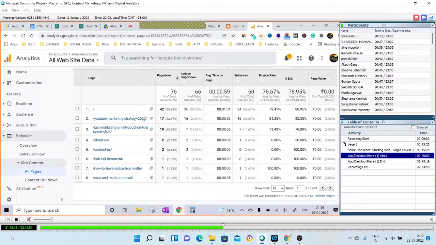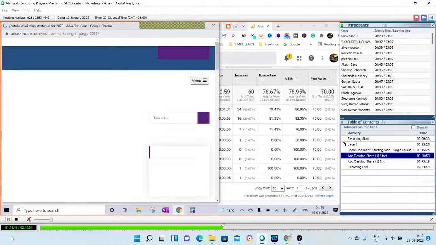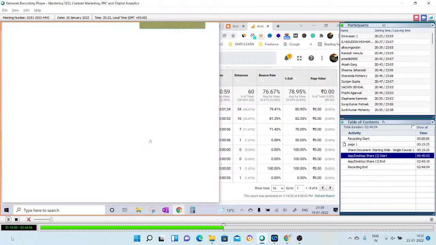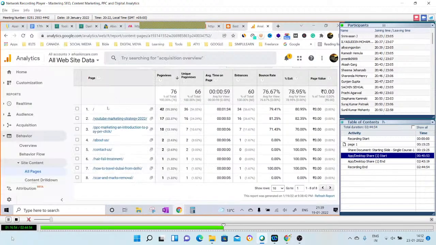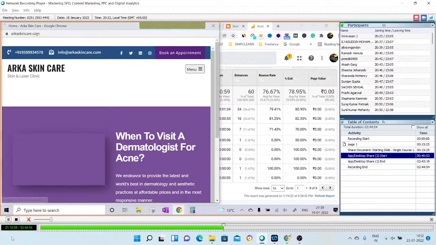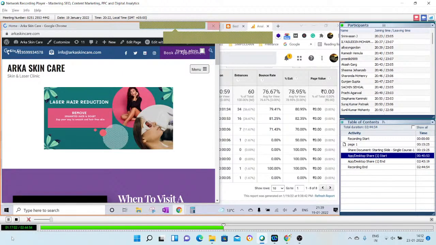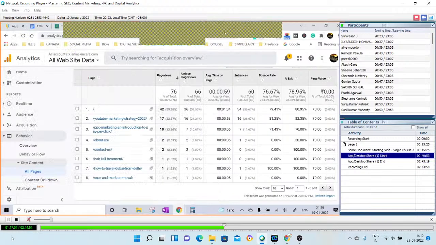If I click this now, it will take me to the YouTube marketing page. See, YouTube marketing page. If I click this, it will take me to the about us page, and if I click the backslash one, it will take me to the home page. Got it, everyone? What does the backslash mean in the digital world? Wherever you see a backslash, it means the home page, your main page. Okay, the forward slash.